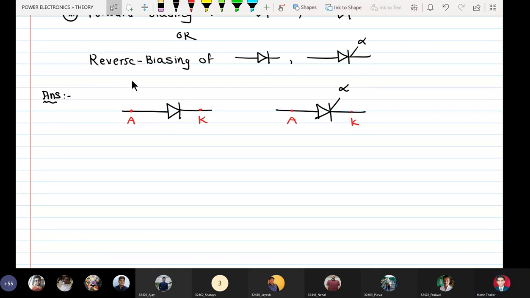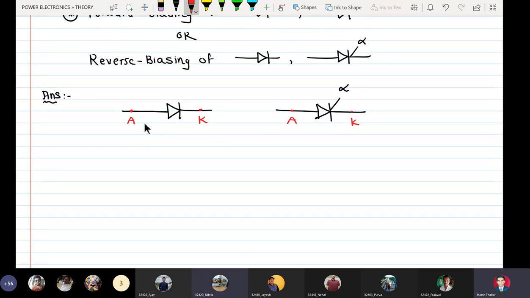By applying external voltage supply. Okay, fine. By applying external voltage supply. Which kind of supply? Now, whoever is answering this question, help me electrically forward bias the diode and SCR. So, what is the basic definition of forward and reverse bias? You heard it whenever you heard it for the first time. What is the definition of forward biasing a diode?